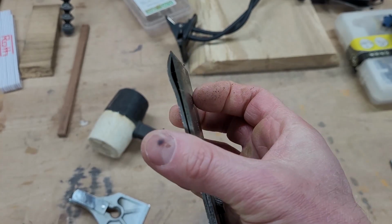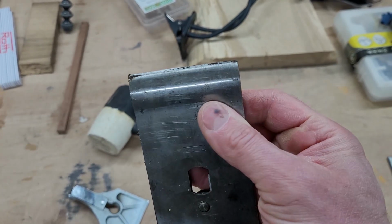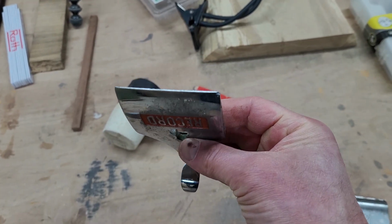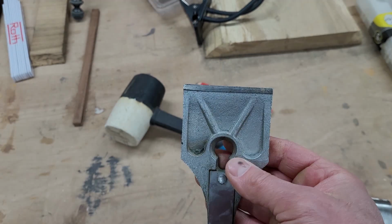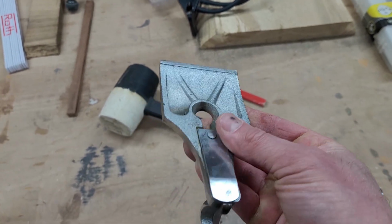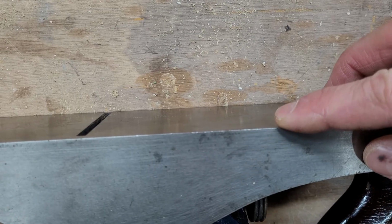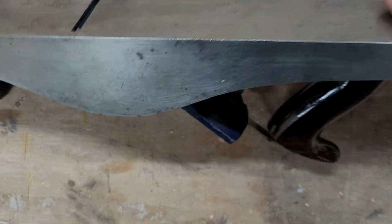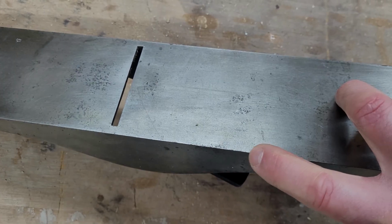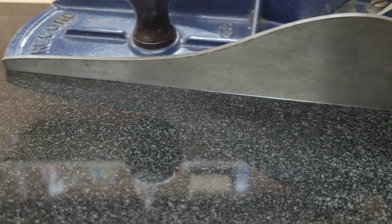Anyway, I started unpacking this one and taking it into smaller pieces just to inspect and see what's what. As you can see, it's not in pristine condition, but it's all functional and there is nothing broken, nothing snapped. I didn't want to go through the whole restoration process. I just want to make it all functional and maintain as much as possible of the character, and the fact that it is, I don't know, a 60 or 80-year-old plane. So I thought, let's give it a proper once over in terms of